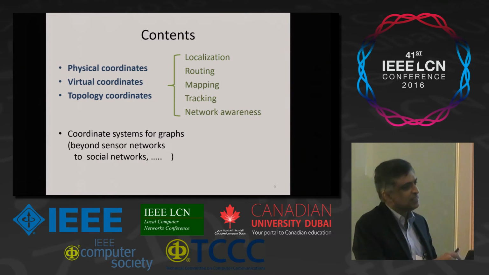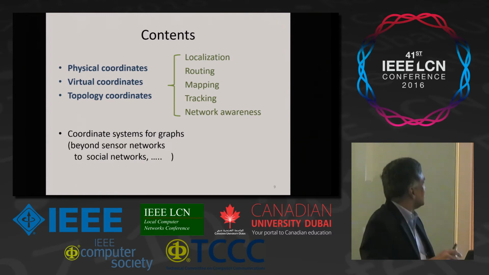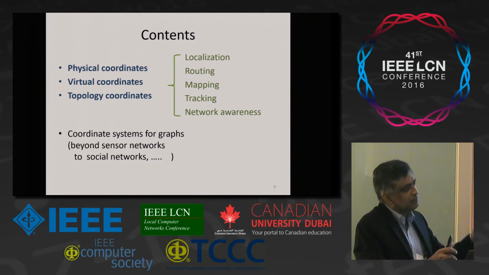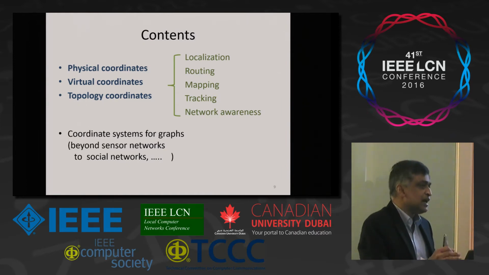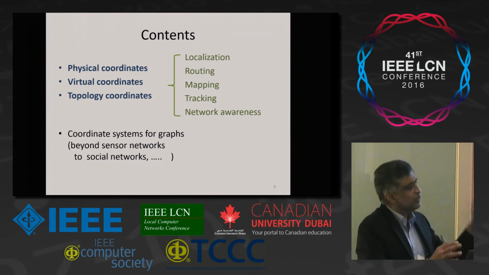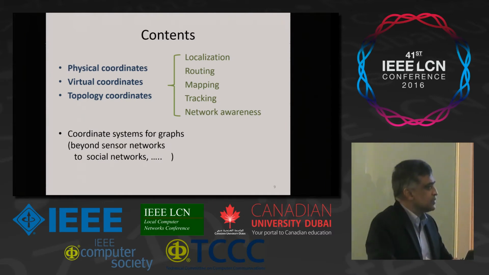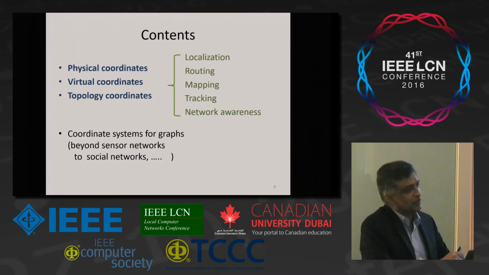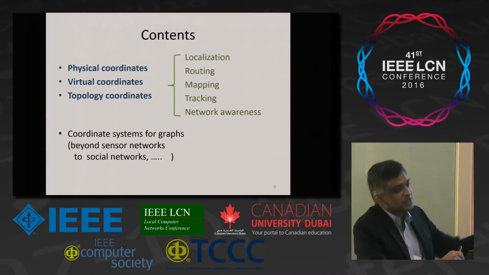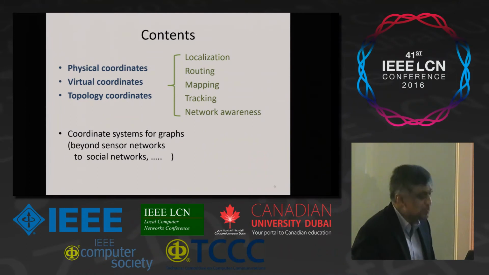And then very recently, coincidentally, we've been working on other projects related to social networks and other things, and we realized that what we have really done is develop a coordinate system for graphs, where nodes and edges are there, and you can think about these graphs in terms of coordinates. Ultimately, this is a long-term view. What I would like to do is really develop an analytical geometry for graphs, where there's nothing like that, right? But that's the far vision, and we are nowhere close to that. So this is what I want to talk about.